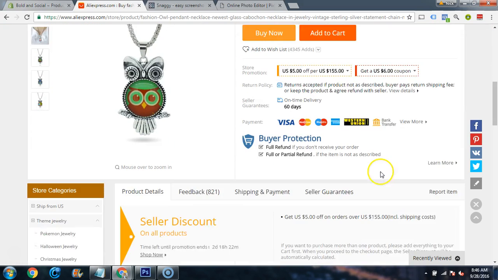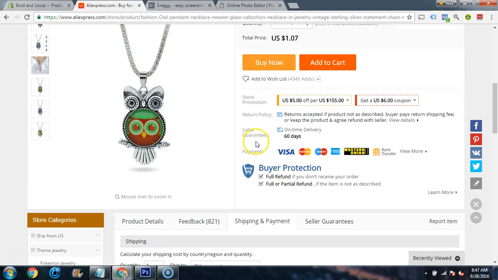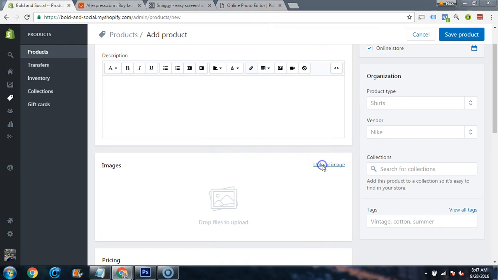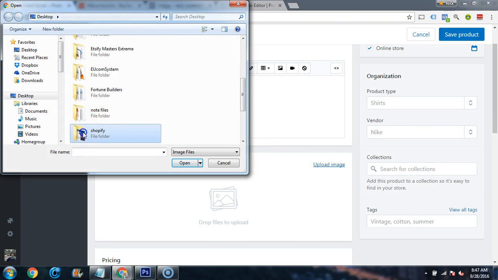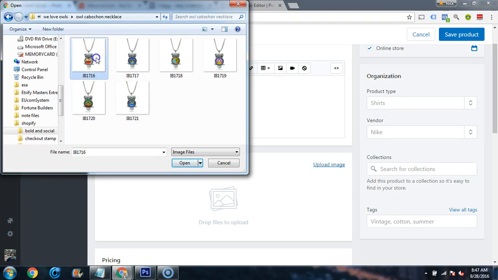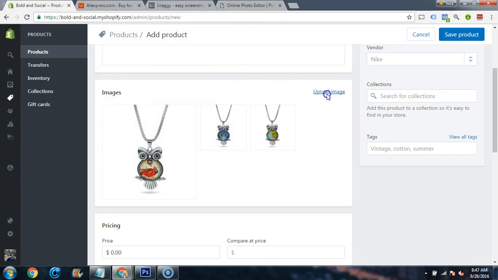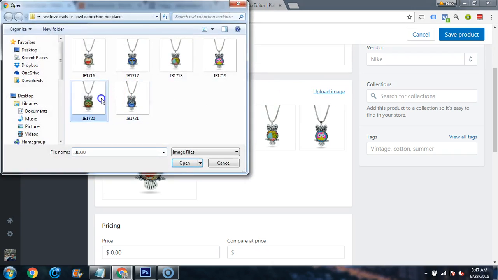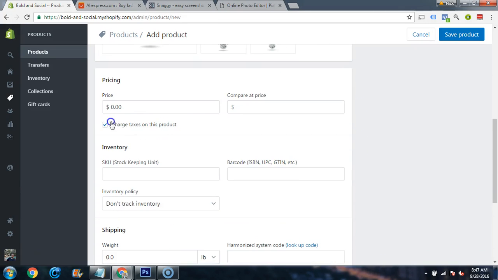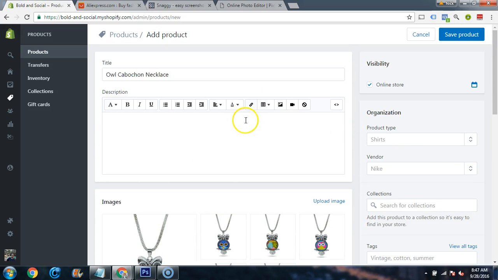Okay. All right, so that's everything for that. Now we can add our images in here. Figure out our price on these. I think they're going to be